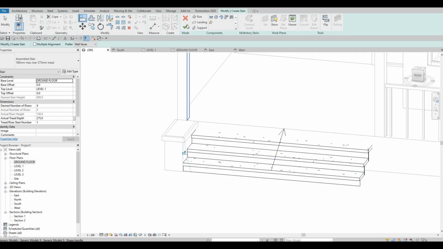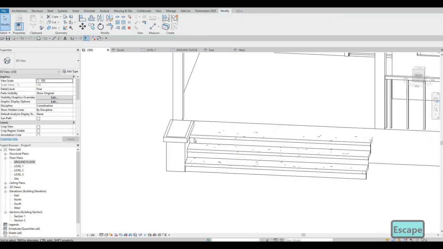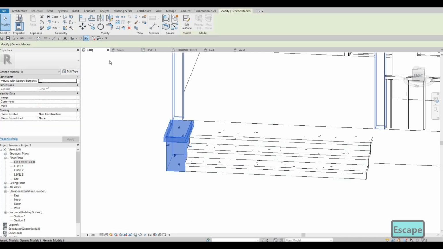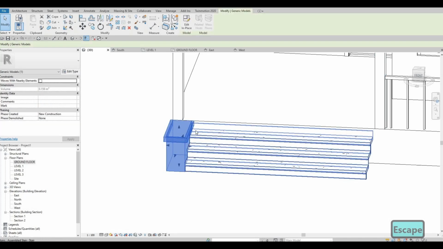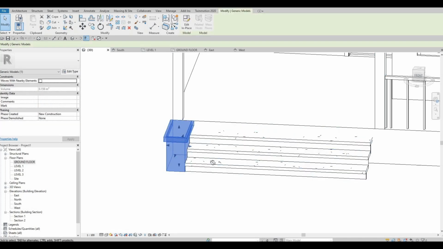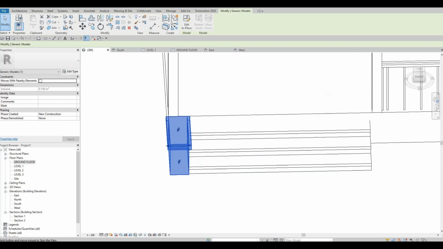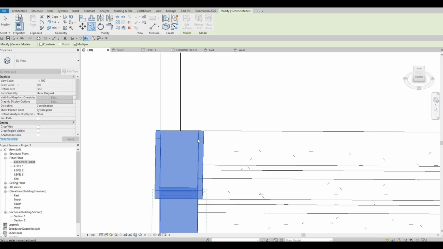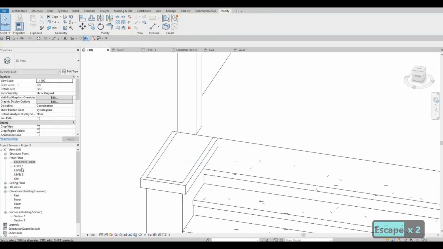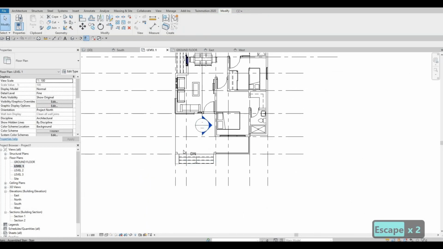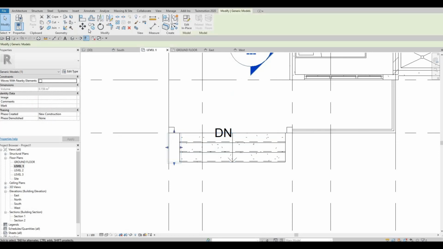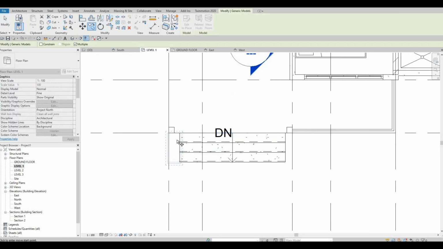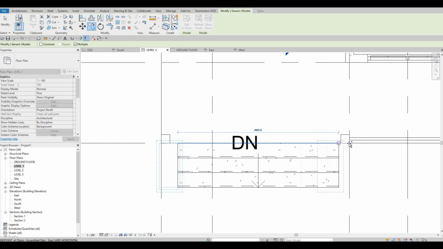Okay, so that's good. Click finish, and then we just need to copy this one. So I'm gonna copy this one. I'm gonna grab it. I'm gonna copy, and then I'm gonna grab it right here,